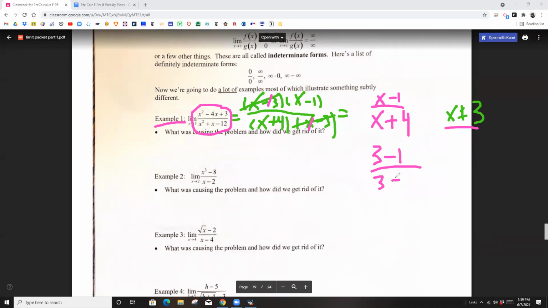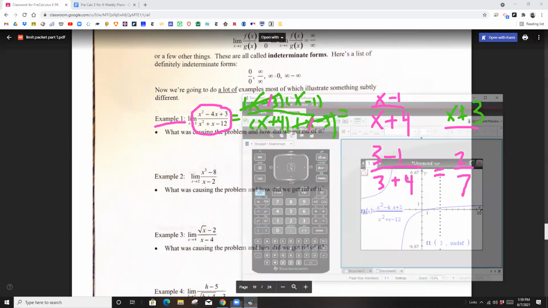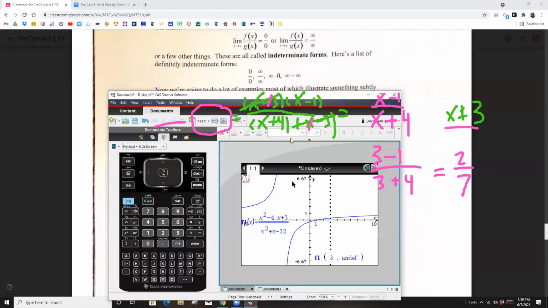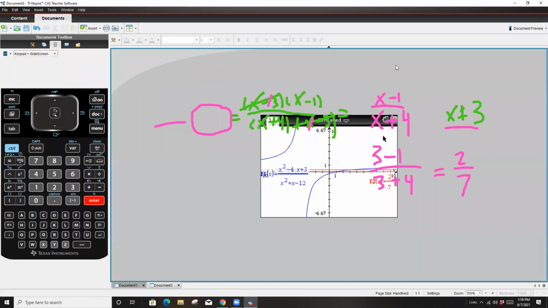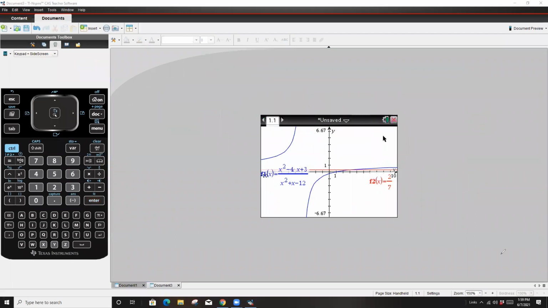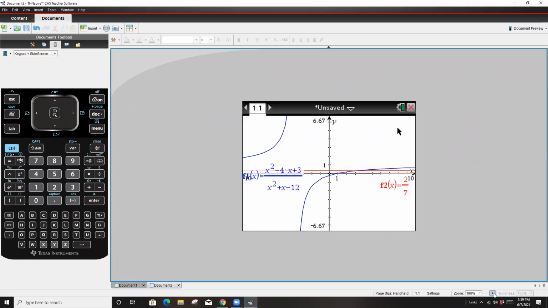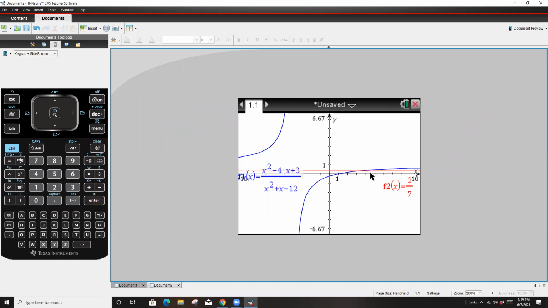And we get 2/7, which is the same answer that we got when we looked at the graph. All right, if we just graph y equals 2/7, we can see that it crosses the graph right where the function crossed 3. All right, so